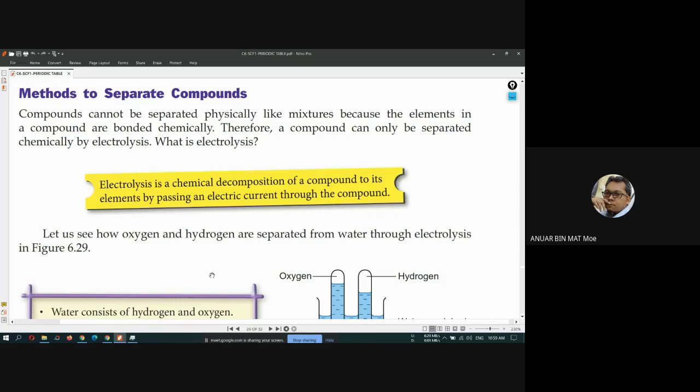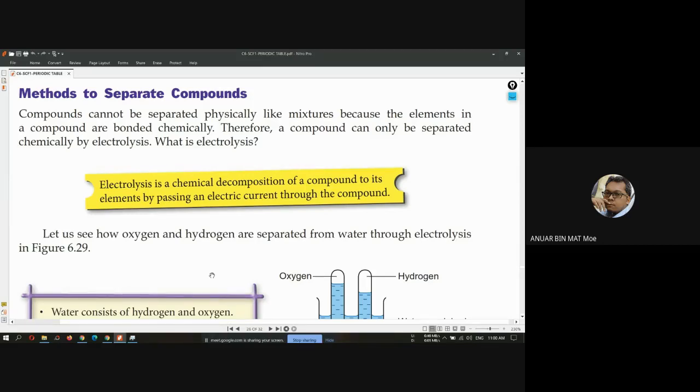So we're still in subtopic 6.3. In 6.3, we are learning about compound. You still remember what is compound? We are still in chapter 6, periodic table. In 6.1, we already learned about the periodic table, the classification of element. Make sure you understand what is the element, what are the atom, what are the molecule, what are the mixture and compound. In 6.2, you learned about mixture, and 6.3 is the last subtopic for chapter 6. We learn about compound.